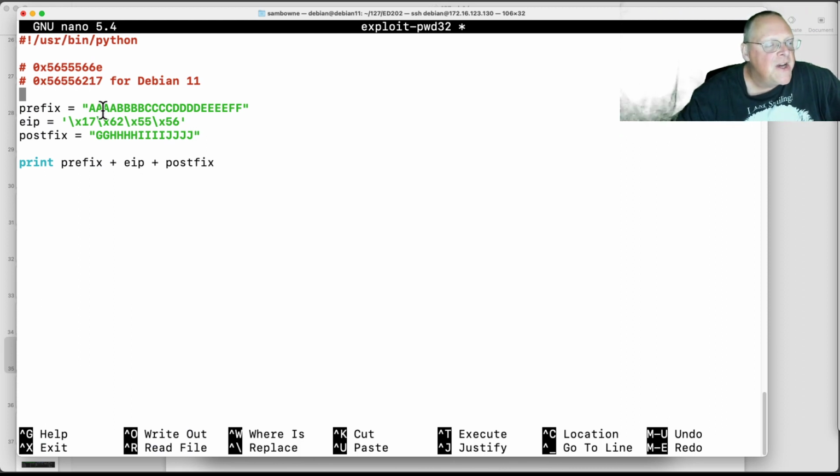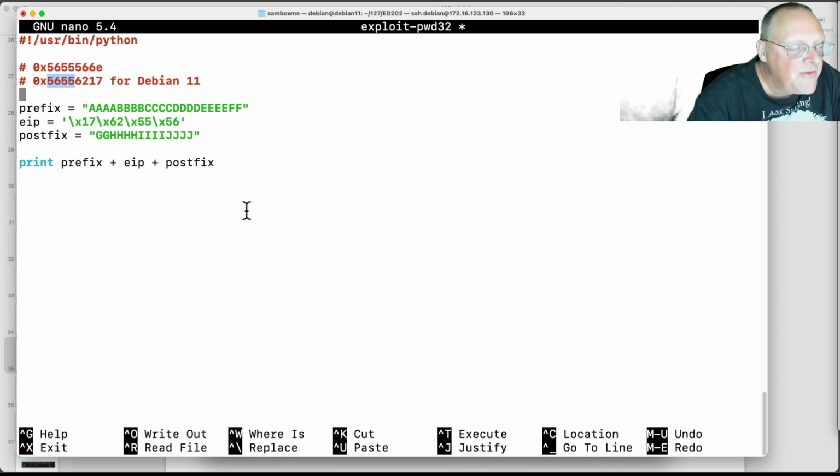So this has to be that address backwards, the high byte first, 56, 55, so that's 56, 55, 62, 17. That's how you do it. And then prefix, EIP, and postfix. So if that works,